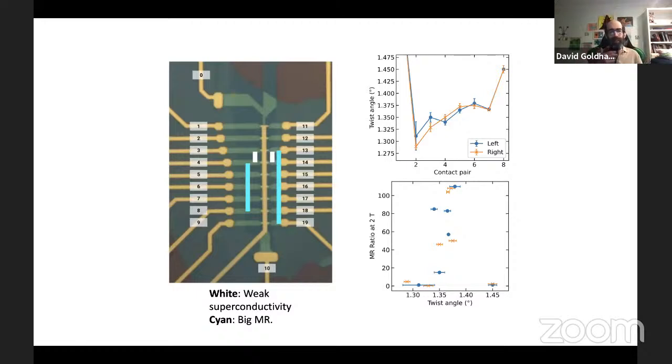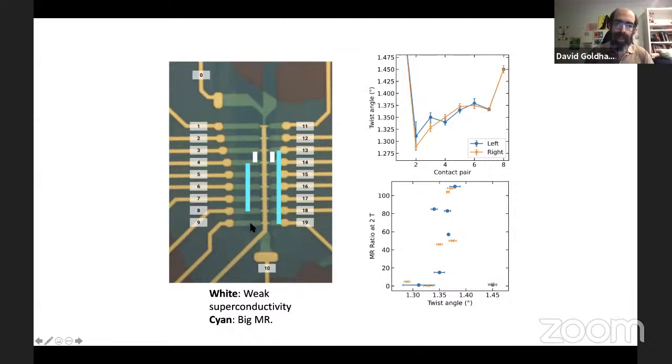So now it's time for me to show you the sample, and you can see that this is a somewhat more complex and rich sample than the ones we started with. We've learned how to make it big enough that we can put 20 electrical leads on and thereby probe different parts of the sample. And we've built electronics that allow us to do all of this simultaneously. So we can measure